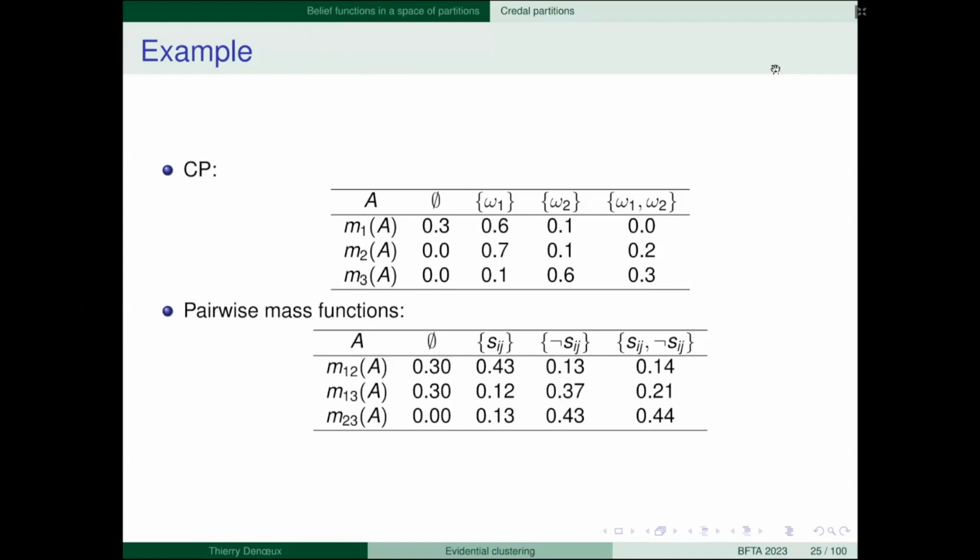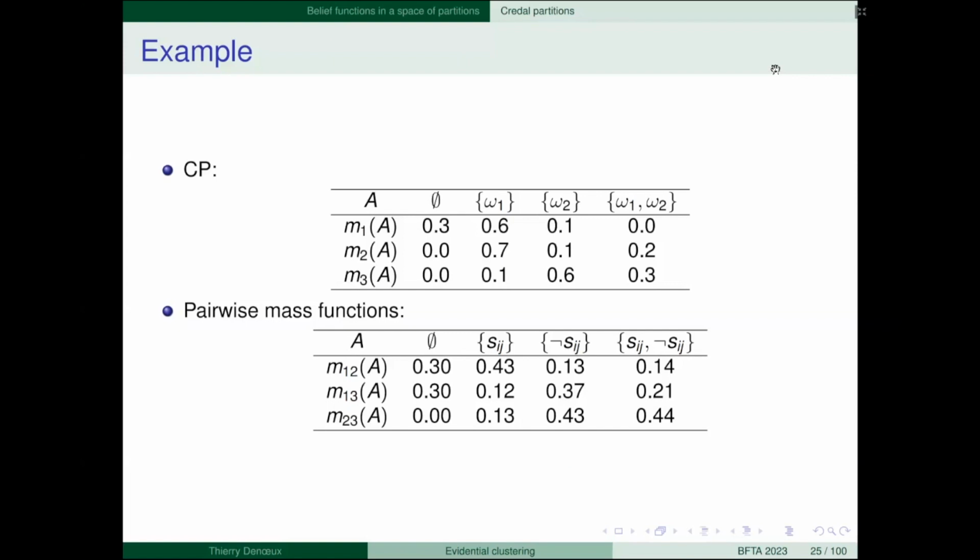For objects 1 and 3, we believe to some extent that object 1 belongs to cluster 1 and object 3 belongs to cluster 2. So we should believe that they do not belong to the same cluster. And indeed, we have more mass here assigned to not Sij. Similarly for 2 and 3.